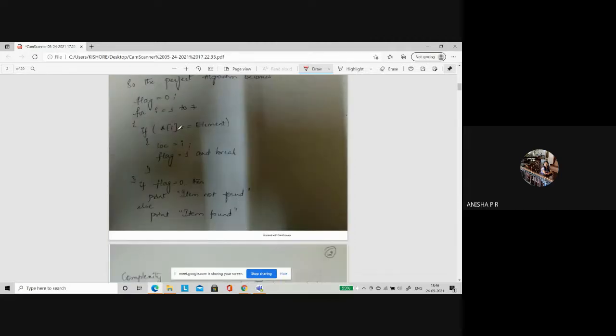So first, what we are saying, if the element is found, take that location into a variable called LOC. Understanding it? You're making that I value, whatever it is. That means when I became 5, A of 5, the element was equal to 10. So that 5 is stored in location.